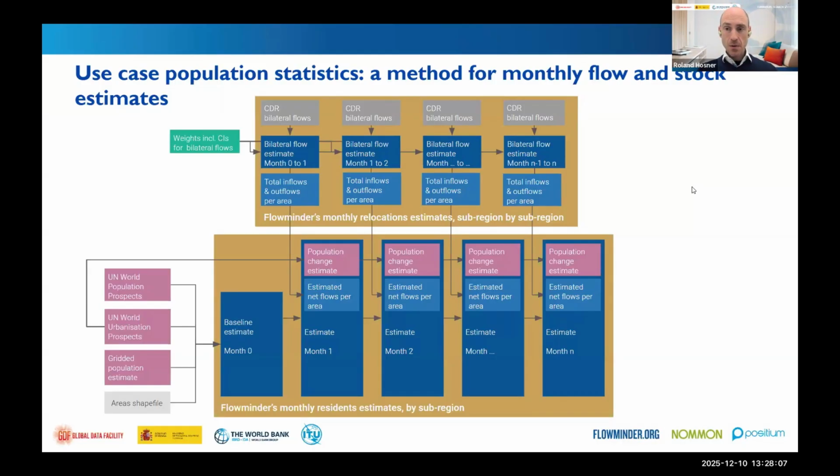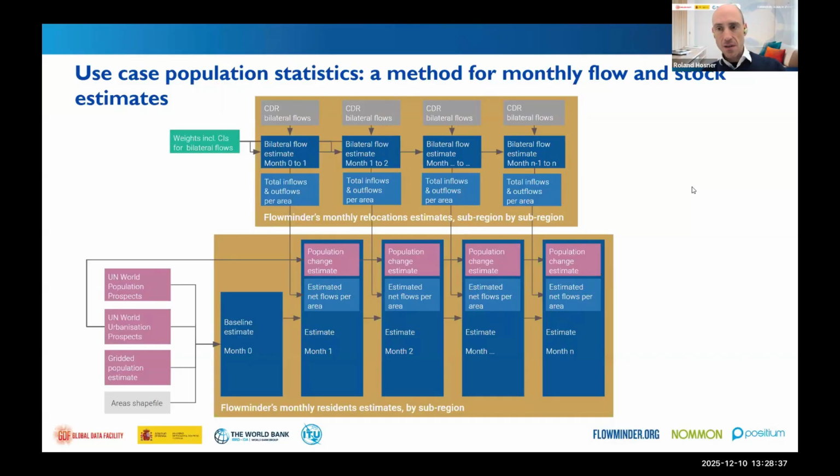So starting with the baseline population, adding inflows, subtracting outflows each month iteratively to produce monthly estimates of the resident population of an admin area, subnational population estimates, taking baseline estimates often from the UN World Population Prospects, or the National Statistical Office, or aggregate population estimate,